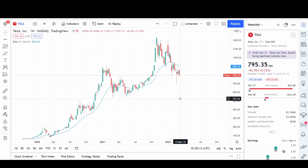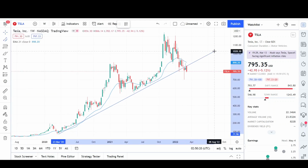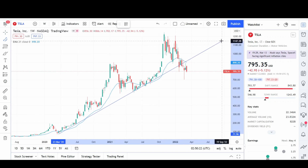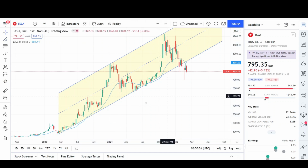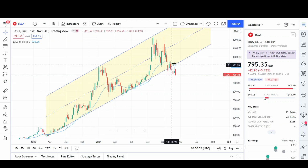So this is the weekly chart for Tesla, and I can see the price action since 2020, and it looks like there was a strong uptrend in play. Every time we came to the support side of the channel, it was holding prices up, and every time we came up to the resistance side of the channel, it sent prices back to the support side. So this is definitely the channel that was currently in play. Let's go and fix that. So this is the perfect fitting channel,